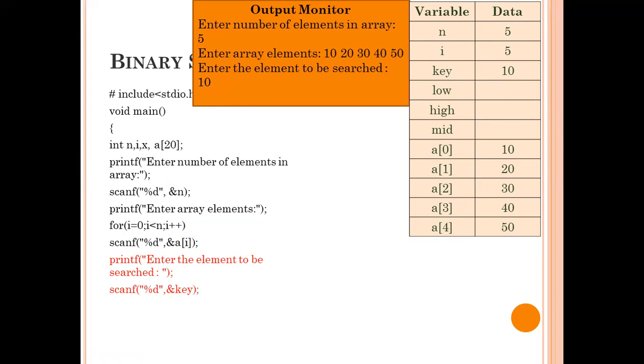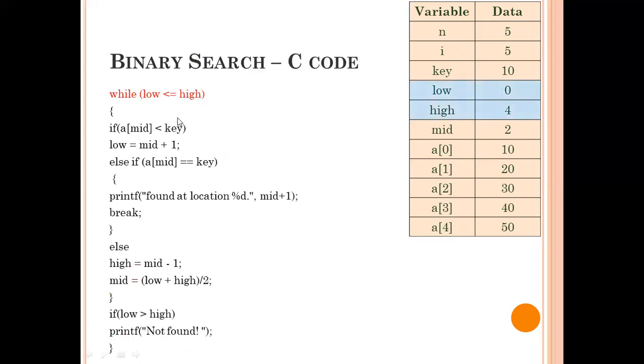Now the next step is we are going to calculate low equal to 0. So in low, 0 will be stored. high is equal to n minus 1. The value of n is 5, and n minus 1 is 4. The reason is we are going to search from a[0], 1, 2, 3, 4, only within this range. And mid is equal to (low plus high) by 2. So it is (0 plus 4) by 2, which is 2. And then comes your